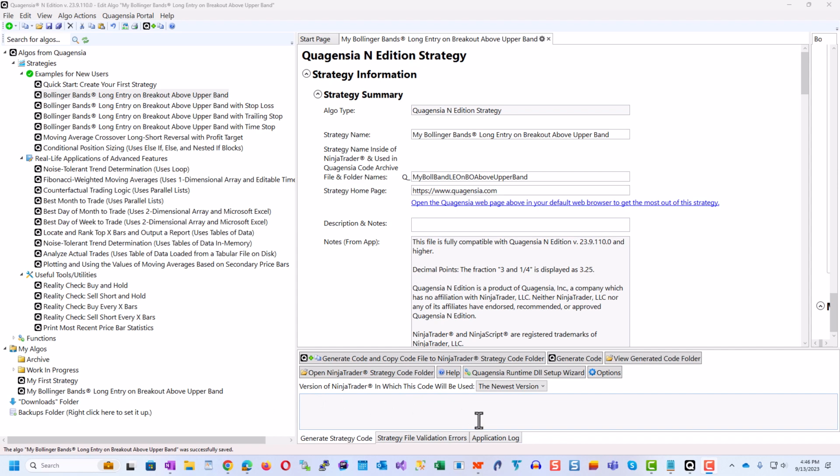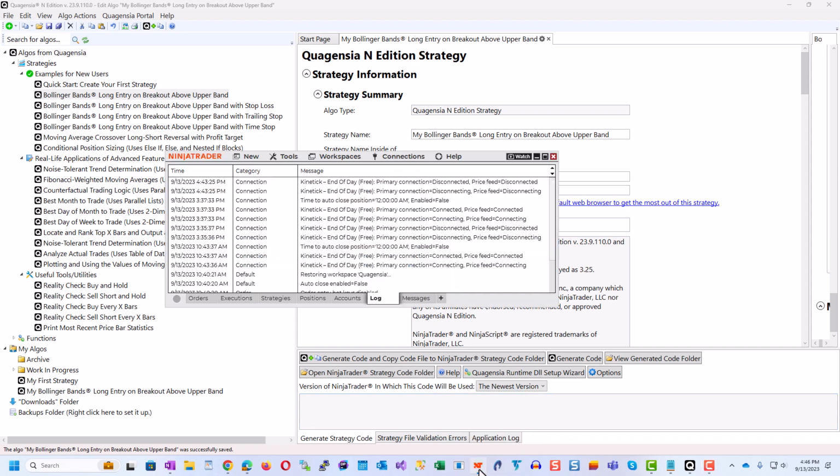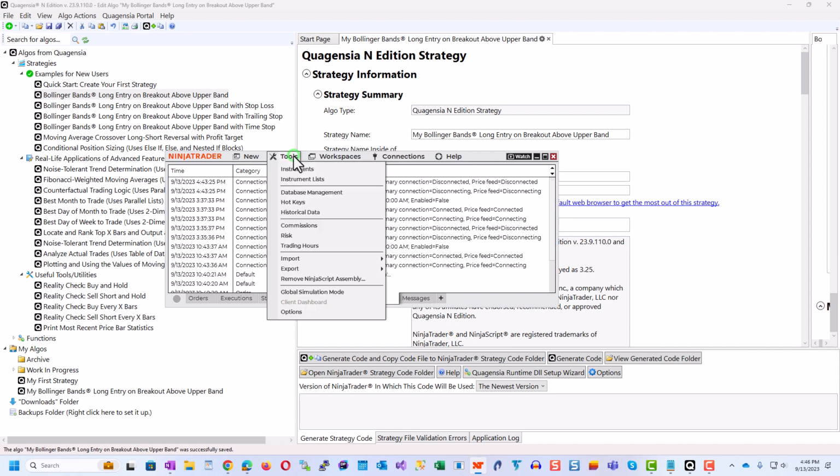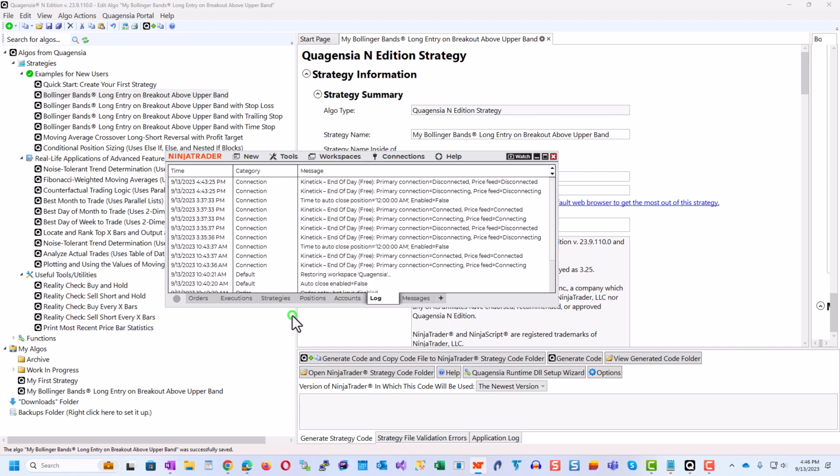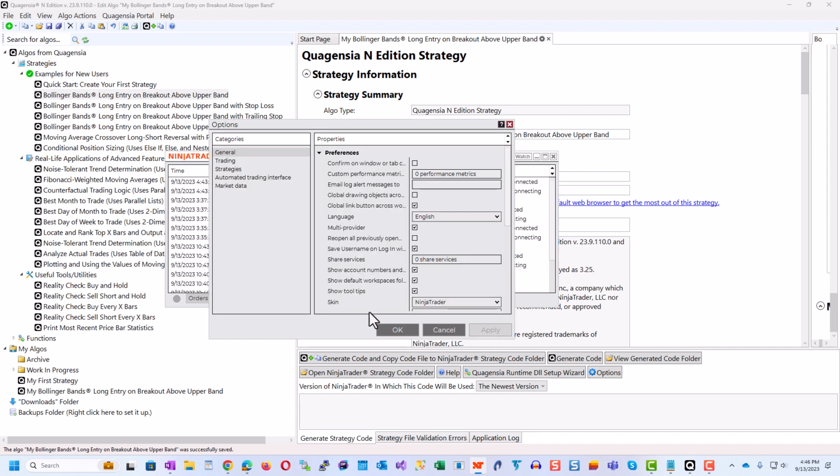Let's first open the appropriate NinjaTrader windows. To do that, first of all, open NinjaTrader. Then connect to the Kinetic end-of-day free market data. And if you do not have a Kinetic end-of-day free market data connection here, you can get to it by going to Tools, Options, clicking the Multi-Provider checkbox, checking it, clicking OK, rebooting NinjaTrader, and then reopening NinjaTrader.